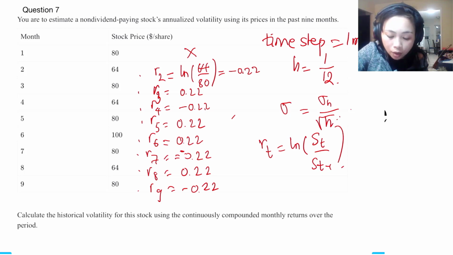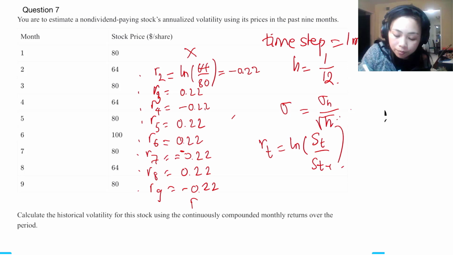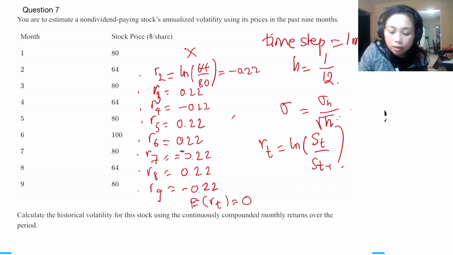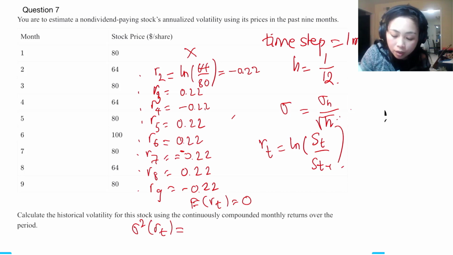So it should be the expected value of RT minus 0 whole. Hold up, it's not like that. So we're gonna have a summation of RT minus 0 whole square, the whole thing over 7,